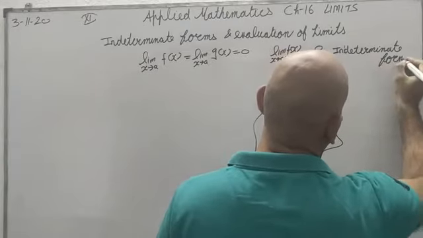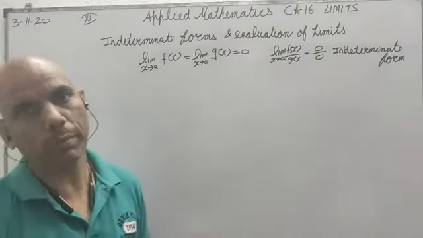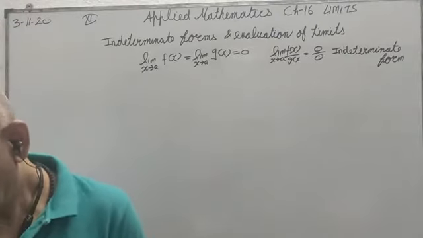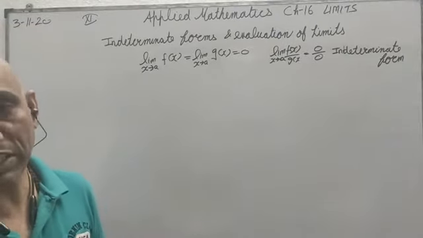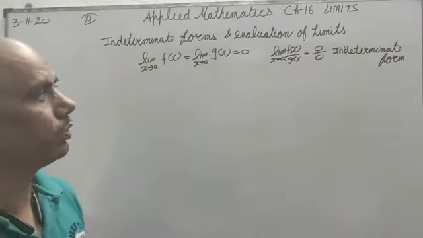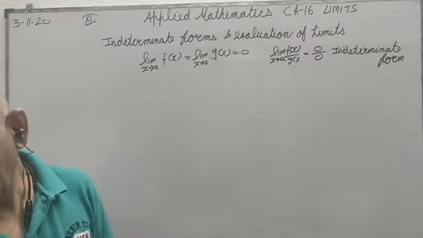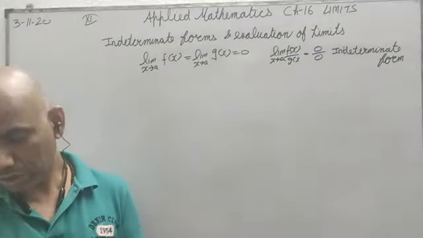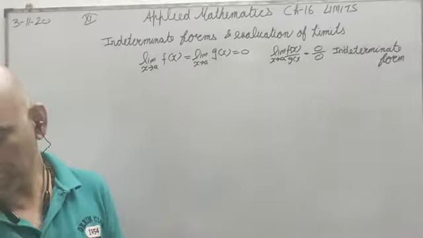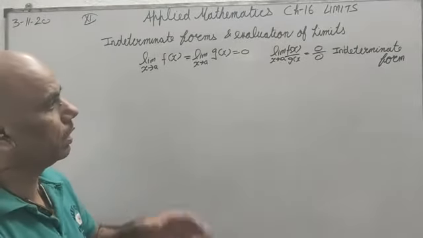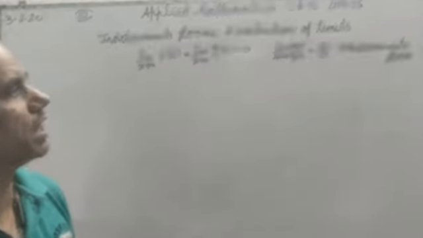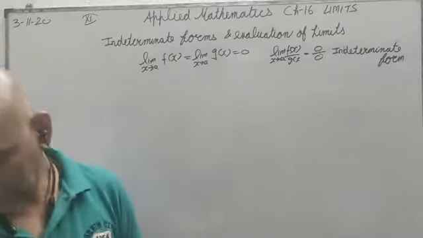But this indeterminate form can have many values at various stages. If it has many values and a finite number of solutions, the determination of the limit in such a case is called evaluation of the indeterminate form. If we calculate the value of it, that will be known as evaluation of this limit of indeterminate form.